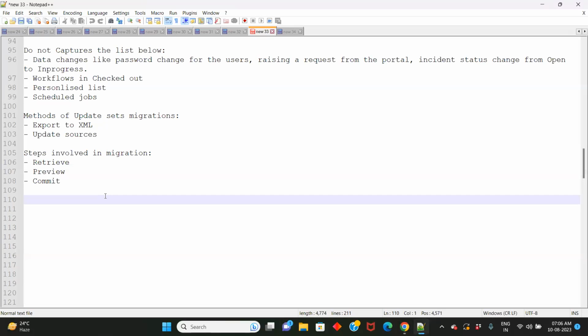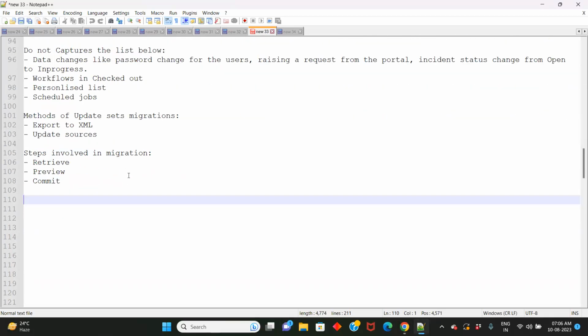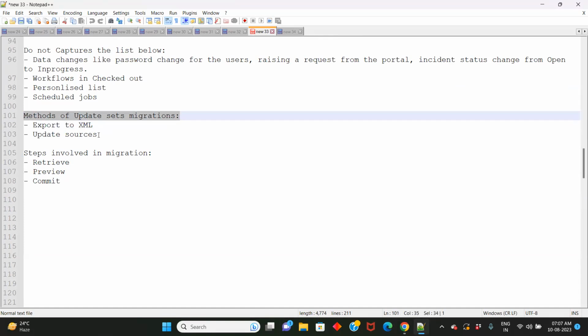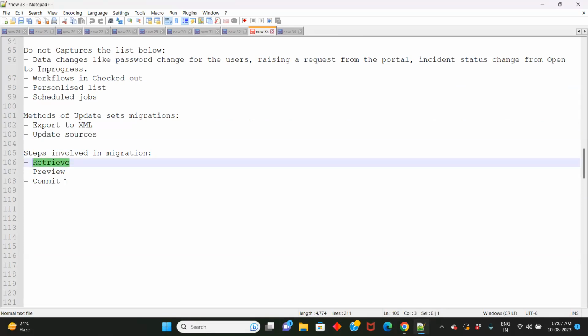Right. So last class, I think we started on update sets and we discussed the theoretical details. So there are two methods basically: export XML and update sources. And the steps involved are retrieve, preview, and commit. Okay. Now,